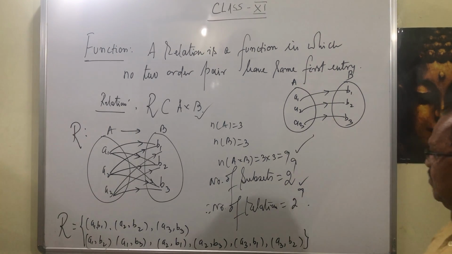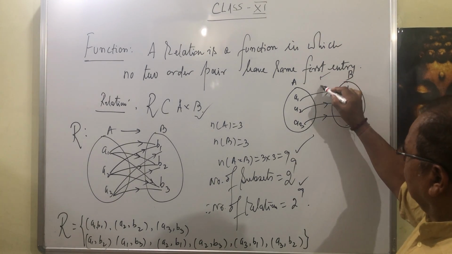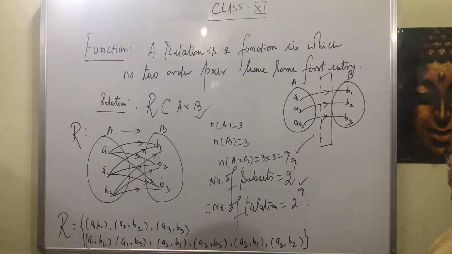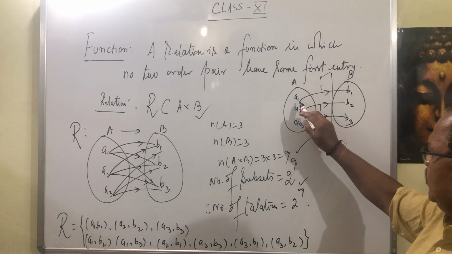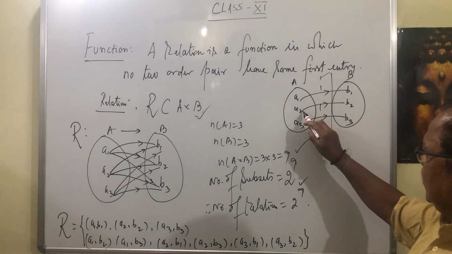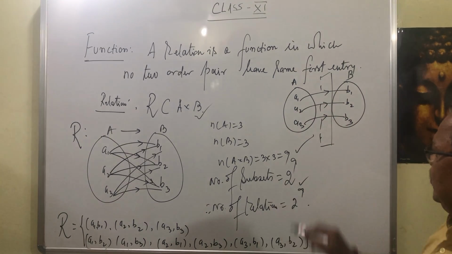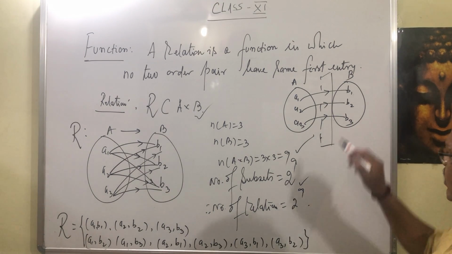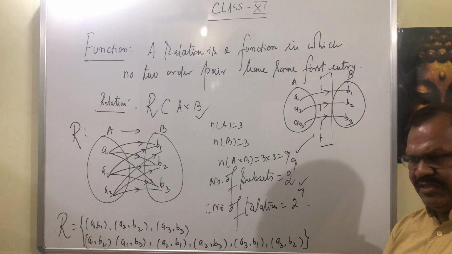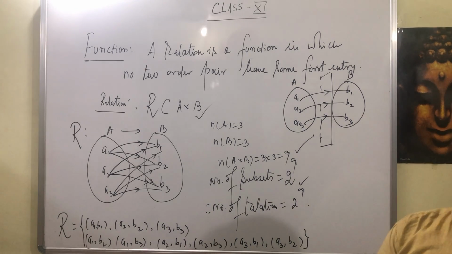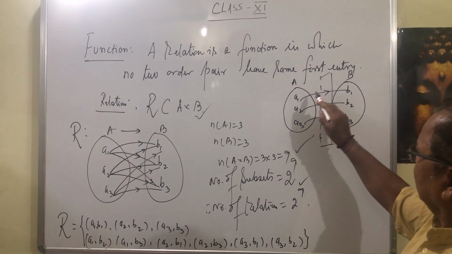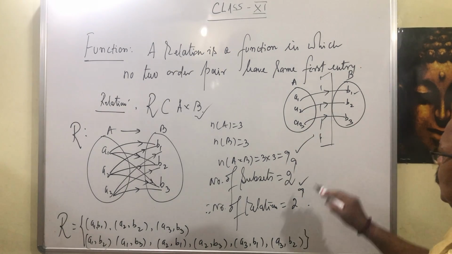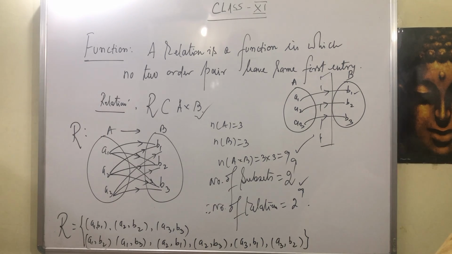Because in the beginning I gave you the mirror example. Suppose this is the mirror, and this is the image in the mirror. The image of A1 is B1, the image of A2 is B2, like that. Here I have written B1, B2, B3, no problem. But a single image is obtained. That means if one person is standing, one image will be obtained. So A1 is standing before the mirror, and one image B1 is obtained. So this is what is called a function.